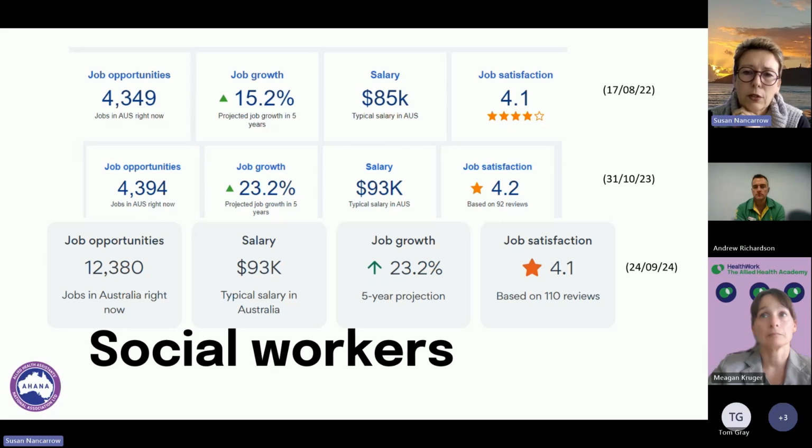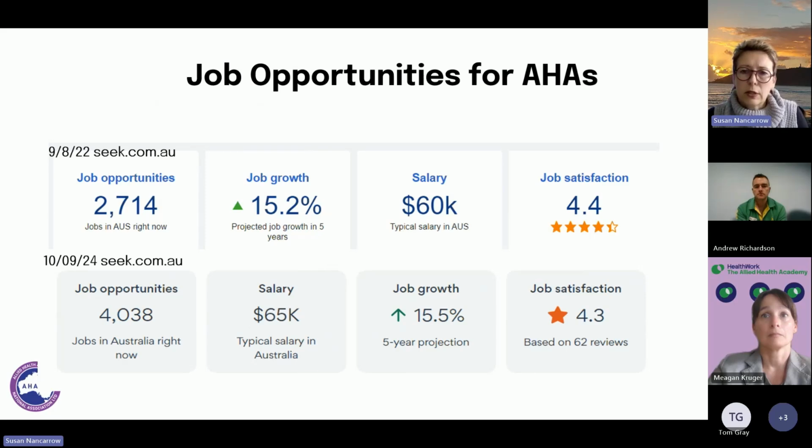About 20,000 registered with AASW, but possibly twice that number working in the community or in different contexts. But it's still a huge number of job advertisements and unfilled roles. So this is where allied health assistants really come into their own. But again, in the last 2 years, we've seen not quite a doubling in the number of job advertisements for